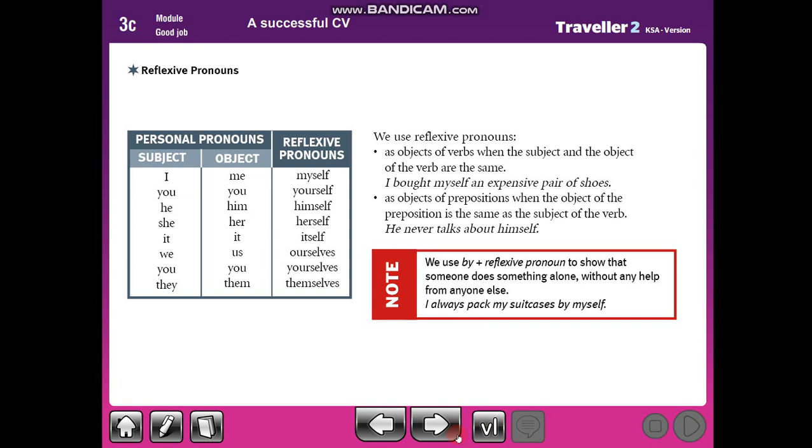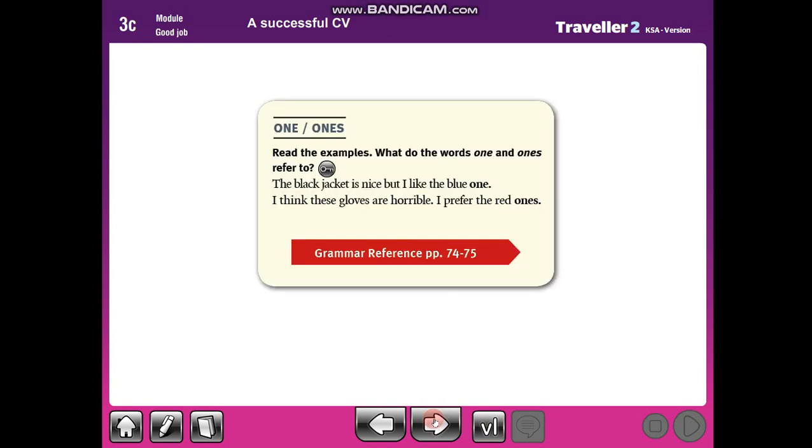Okay. One and ones. Read the example. What do the words one and ones refer to? The word one refers to singular, but the word ones refers to plural. For example, the black jacket is nice, but I like the blue one. Black jacket is singular, so we use one. I think these gloves